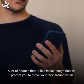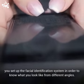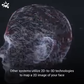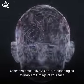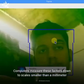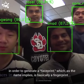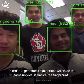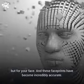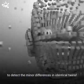A lot of phones that utilize facial recognition will prompt you to move your face around when you set up the facial identification system in order to know what you look like from different angles. Other systems utilize 2D to 3D technologies that map 2D images of your face onto a 3D model to calculate what you would look like from different angles. Computers measure these factors down to scales smaller than a millimeter in order to generate a face print, which, as the name implies, is basically a fingerprint, but for your face. And these face prints have become incredibly accurate. They're able to correctly identify people with a near 100% accuracy,